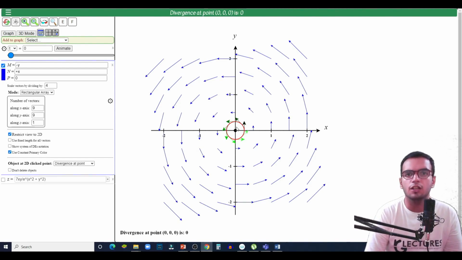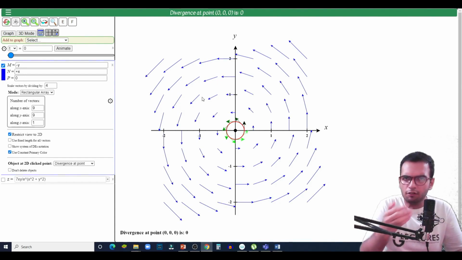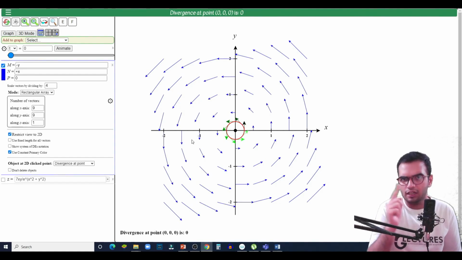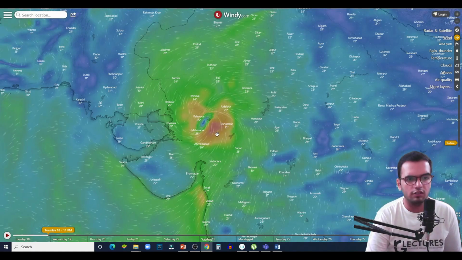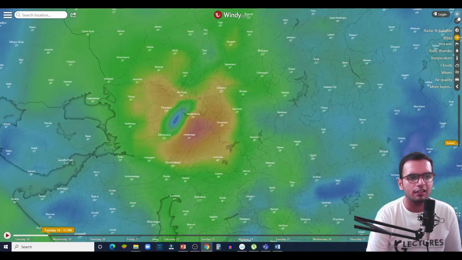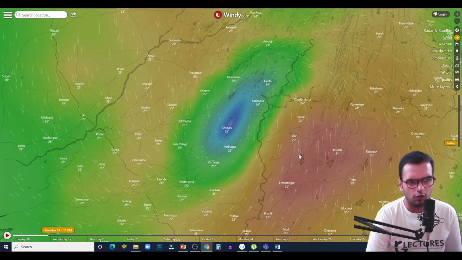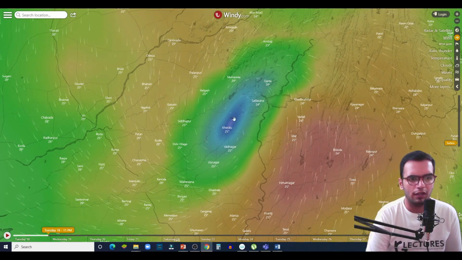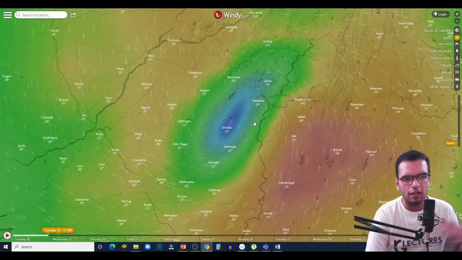We derive conclusions from this vector field, and then we relate this mathematical model with the real life situation. For example, you can easily predict this is a vector field of a cyclone, right? What is a cyclone? A cyclone is anything which is rotating in the form of curl, right? It is swirling around a point. So let us consider this cyclone. You can clearly see that this cyclone is somewhat similar to the vector field which I have shown you just now. Currently the magnitude of the cyclone is less, so you can see the magnitude of the arrow is small.